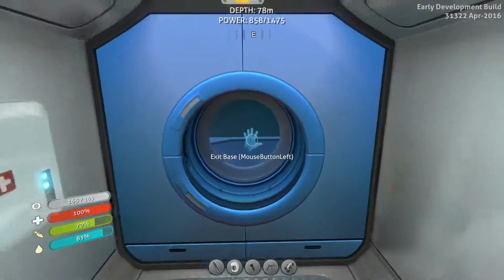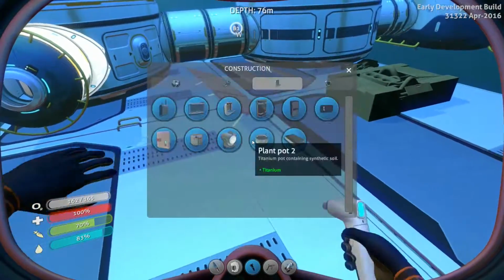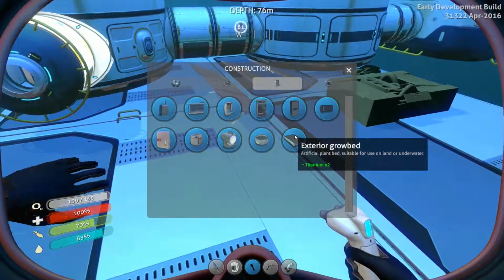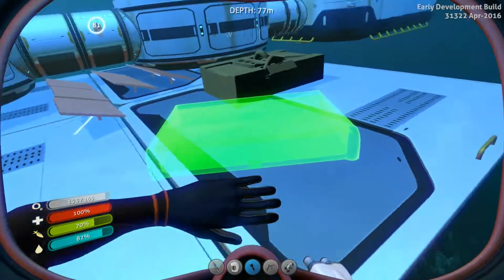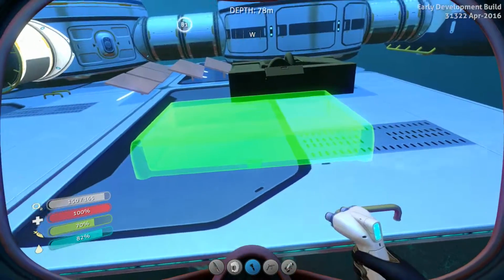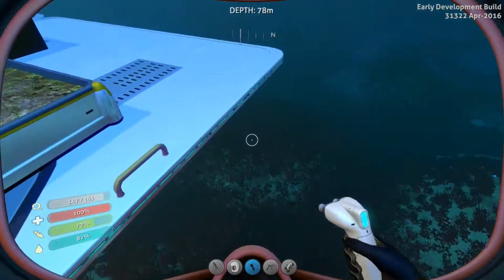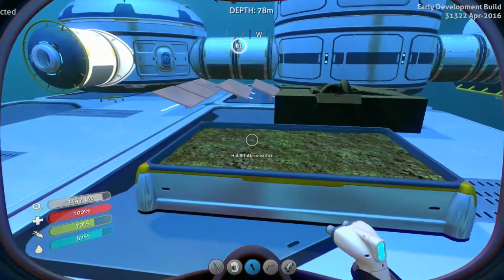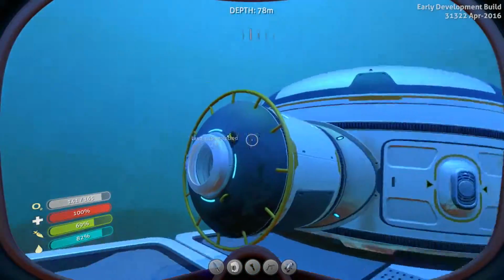So let's jump outside. We did expand our area here, so we can possibly build some big planters. An exterior grow bed, artificial plant bed suitable for use on land or underwater. So can I build one of these? Should I build it next to the nuclear reactor? Why not? Let's have some glow-in-the-dark seafood. Okay, so with that, which is a very easy thing to build, what I would like...